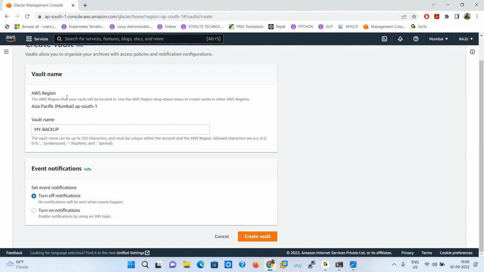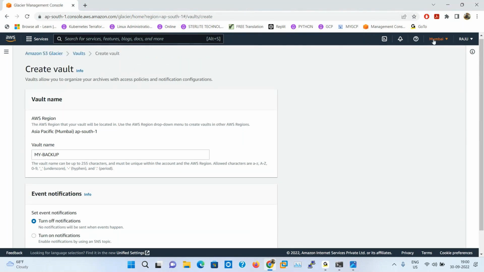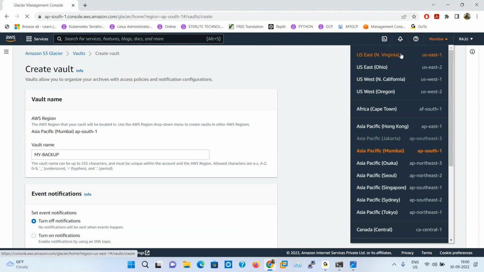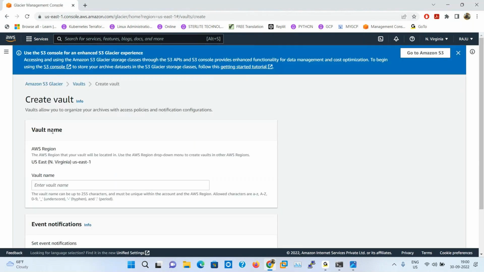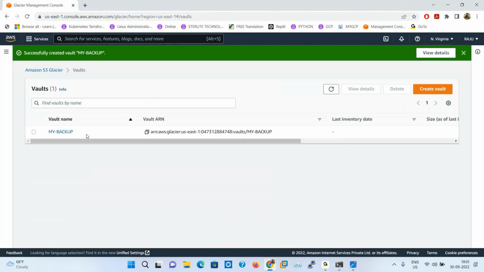The vault is being made under the Mumbai region. Otherwise, I will make it under the Virginia region. Now create vault. The vault name is my backup. Then create vault. The vault is successfully created.